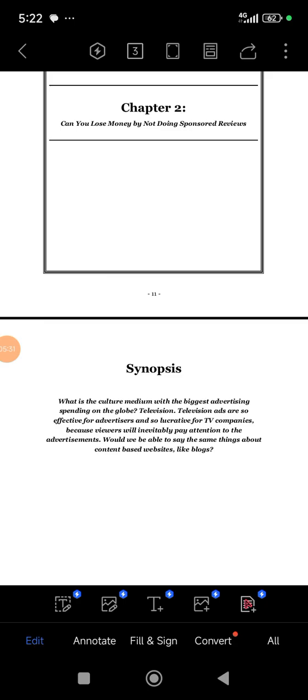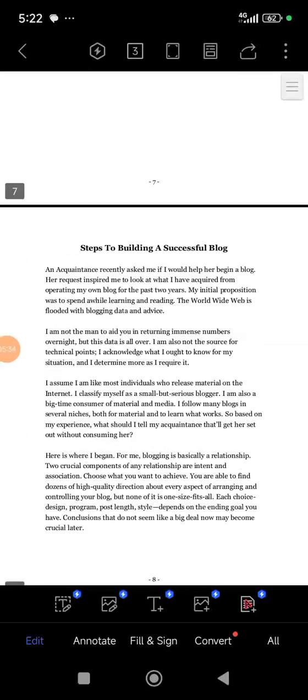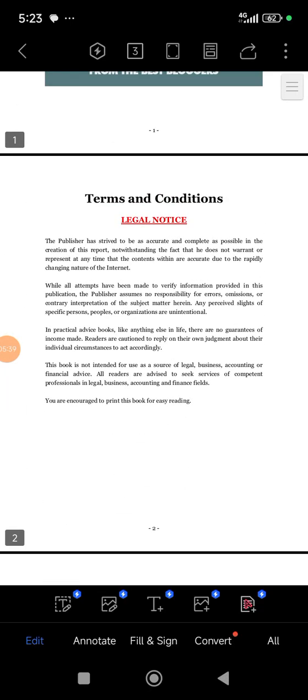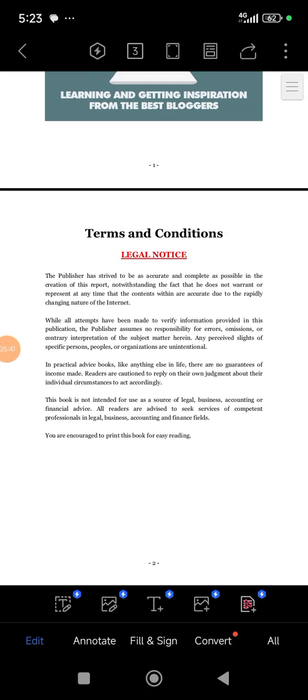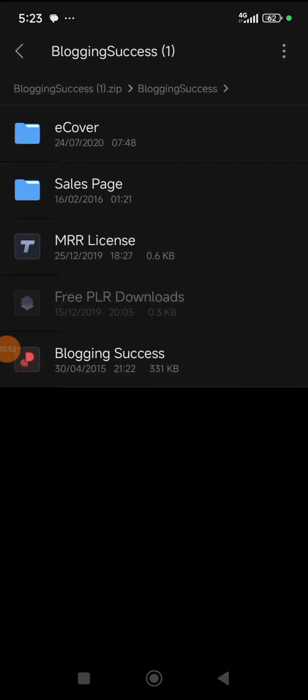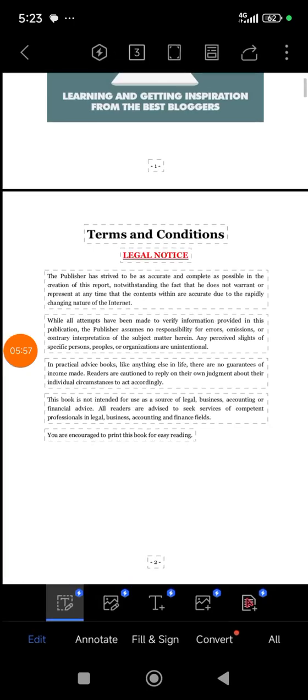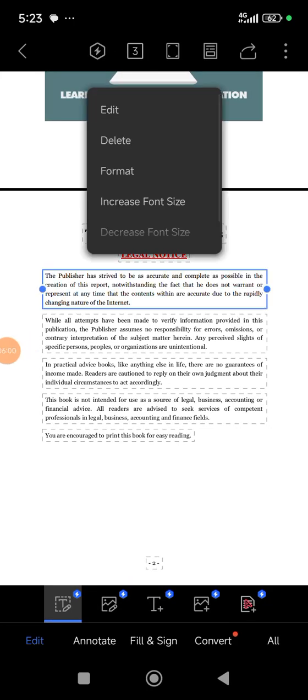what we call editing. Okay, now if you watch here, you will see something here that says, let me scroll down, it says legal notice, right? This legal notice. So if you want to sell this thing, you should not just allow it to be there and sell it like that. You can edit it, remove the legal notice. Okay, so like I showed you, if you have a phone like mine that has this edit with PDF option here, you can just start editing it.